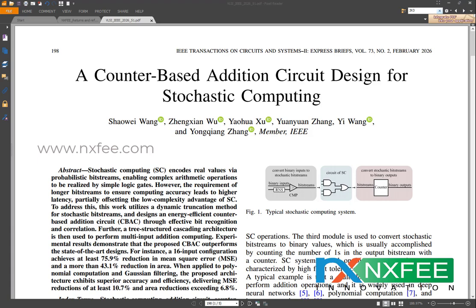For example, an 8-bit 3x3 convolution requires 9 multipliers that generate 16-bit products, followed by large multi-input additions and a division circuit, significantly increasing hardware complexity. Stochastic computing provides an attractive alternative by replacing complex arithmetic units with simple logic circuits, thereby reducing hardware cost and improving fault tolerance.